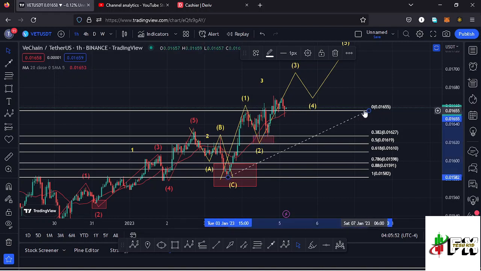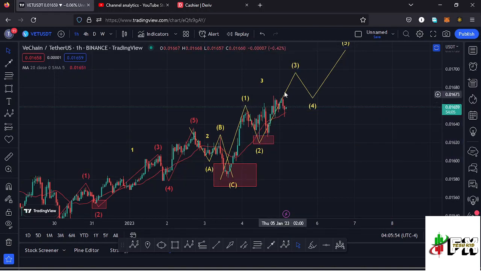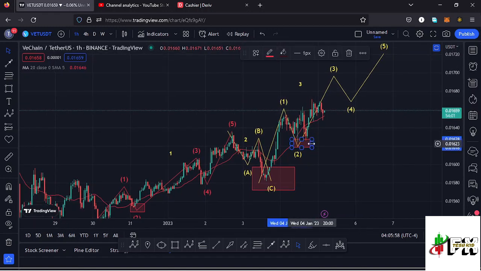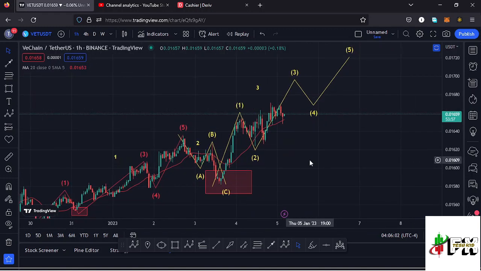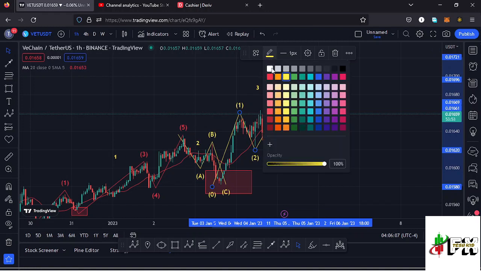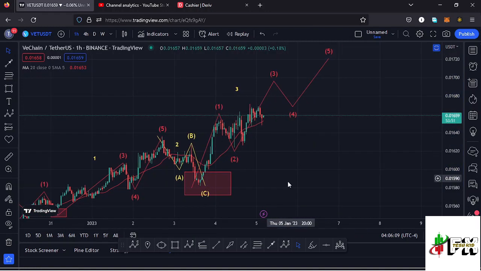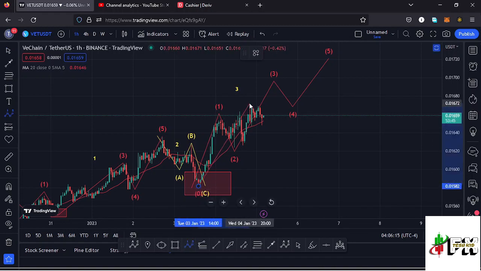That's why we are seeing this bounce to the upside in the formation of this wave 3 to the upside. And this is the first way we can have that 5 wave structure to the upside. The other way we can have that ABC corrective structure, that is 5 wave structure to the upside. And I can first change the color of this Elliott wave structure to have that one in red. Then we can have a different wave count, having this as the first wave to the upside, making our peak